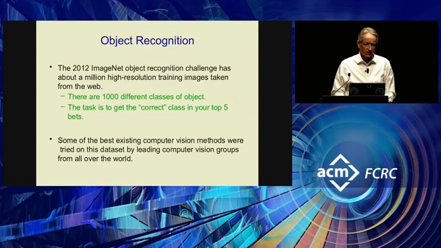Then in 2012, two other of my graduate students applied neural nets of the kind developed over many years by Yann LeCun to object recognition on a big database that Fei-Fei Li had put together with 1,000 different classes of object. And it was finally a big enough database of real images so you could show what neural nets could do, and they could do a lot.